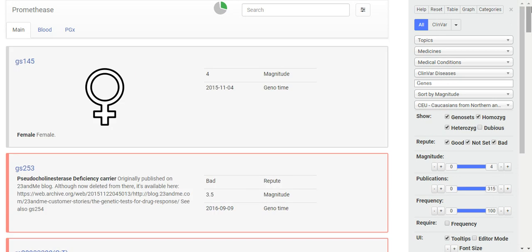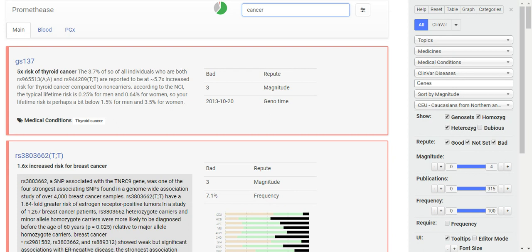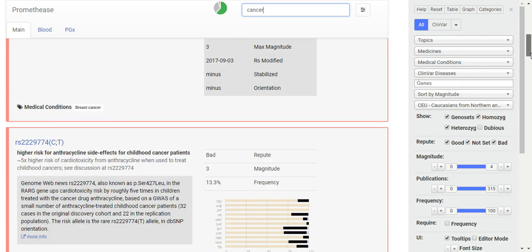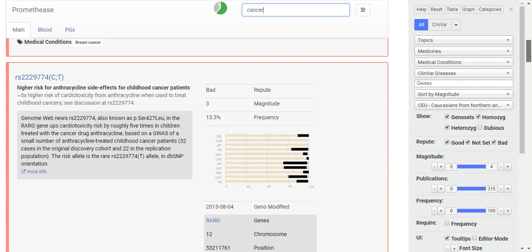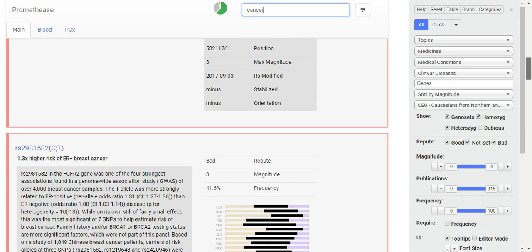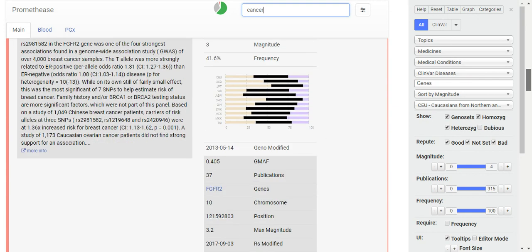Say I want to know my risk for cancer. So 5 times higher risk of thyroid cancer, 1.6 increased risk of breast cancer, higher risk of anthracycline side effects.